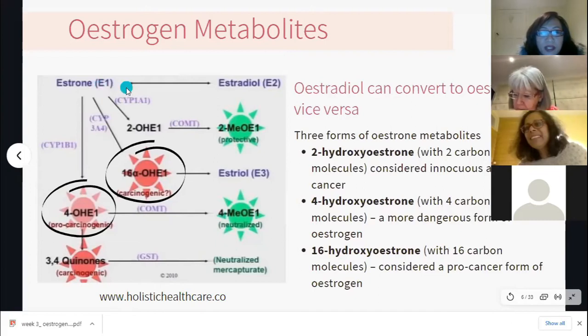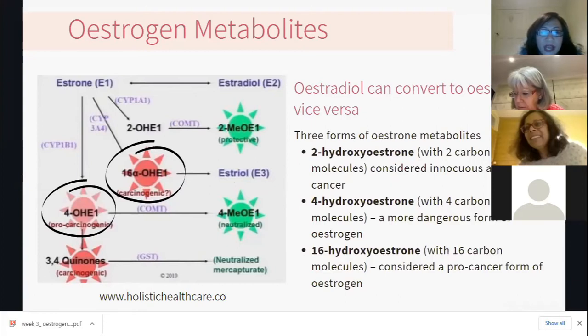So we can help push the conversion down this pathway, which is a much safer pathway for conversion, as opposed to the liver pushing the conversion down to this pathway or this pathway. But even if we convert it to the 16, which is the potentially cancer causing version, the body can still convert that over to estriol, as we mentioned before. So it can neutralize and reduce the harmful effect of these aggressive estrogens,